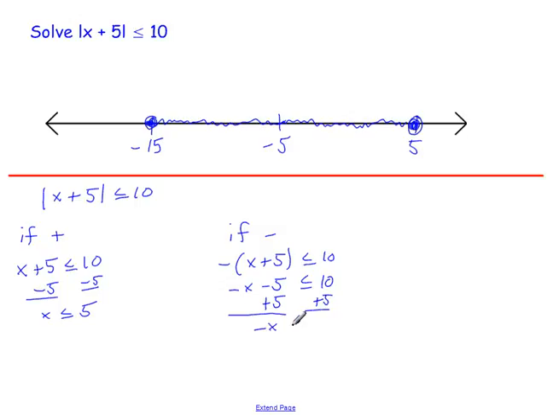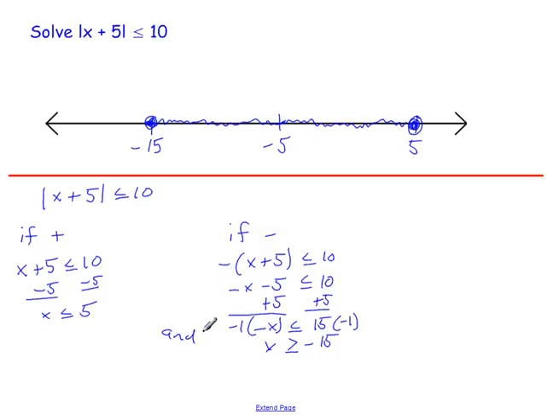Multiply or divide both sides by negative 1. Since we multiply or divide by a negative, we must change the direction of the sign. X is greater than or equal to negative 15. We had a less than sign here, so that means we use the word conjunction, which means we use the word and. When we use the word and, we can write it as one